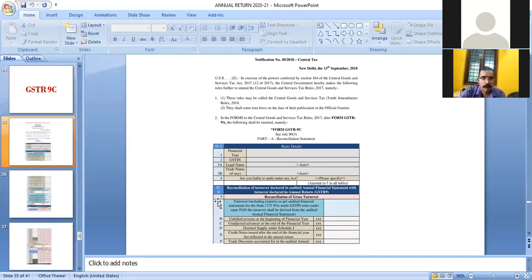Then comes column number 5A, turnover including exports as per audited financial statements of the state or union territory.